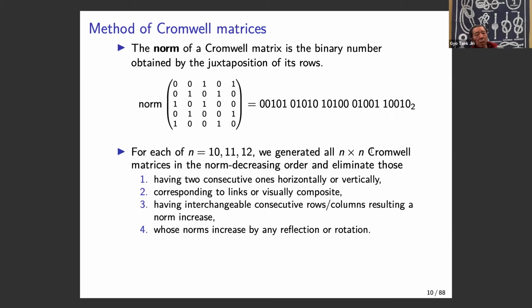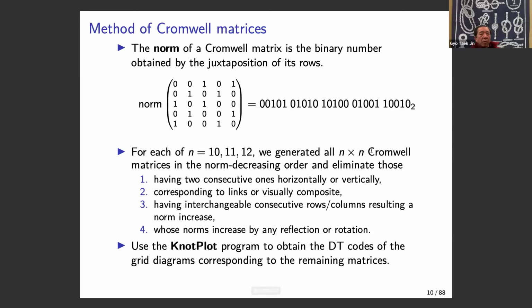And also, if reflection or rotation of the matrix ever increases the norm, then we throw this away, because it must have been handled previously. And then we use the knotplot program to obtain the DT code of the grid diagram corresponding to the remaining matrices. And then we test the DT code using SnapPy to identify